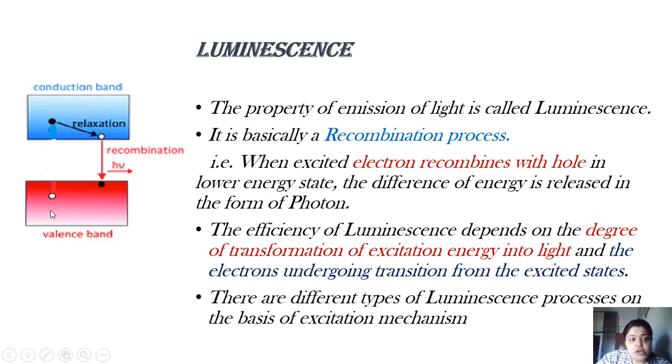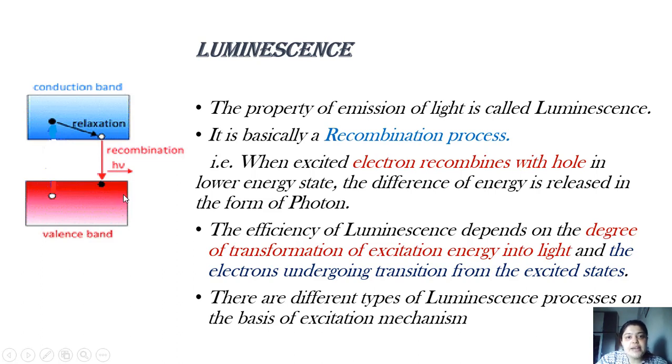How? On absorbing light, the electrons have moved to the conduction band. So many such electrons in conduction band. Higher the energy of electrons, higher is their instability. So these electrons are definitely going to come down. They come to a relaxation position, that is the lowest of conduction band, and from there they will come back to valence band and they will recombine with the hole. So now this hole has recombined with this electron. This is a higher energy, this is a lower energy. So when this electron comes to lower energy, the difference between these two energy levels is released in the form of photon.